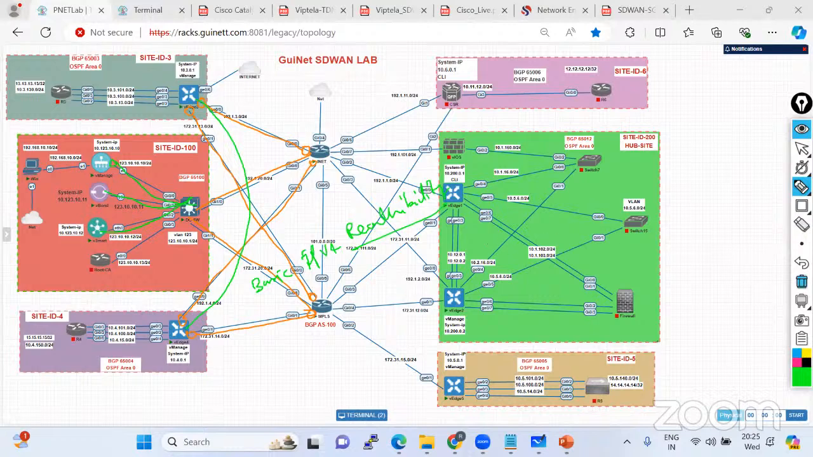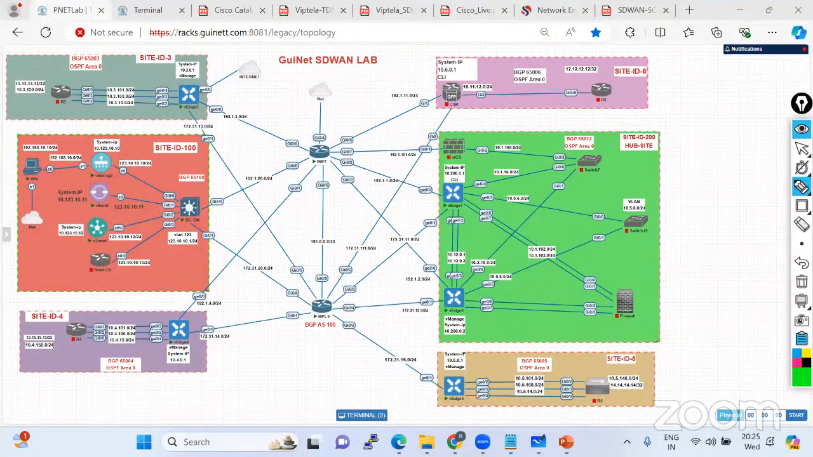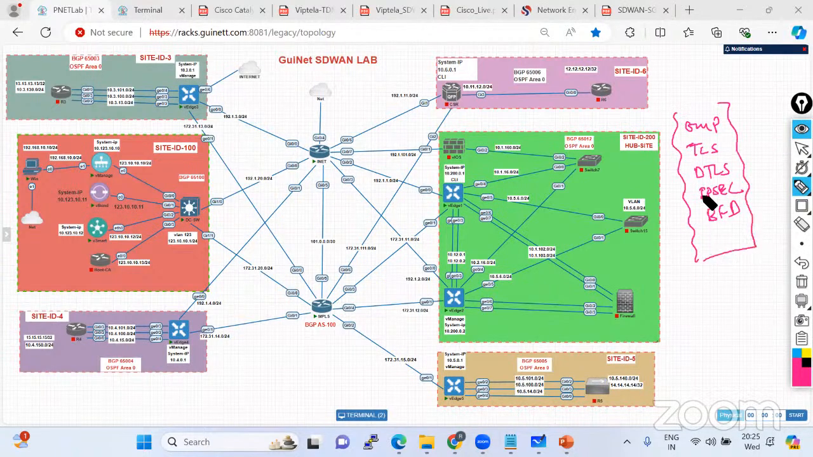Simple definition. You are not going to build any overlay tunnel, that is the OMP. You have to build the TLS tunnel. You have to build a DTLS tunnel. You have to build the IPsec tunnel in the SD-WAN. You have to build the BFD. So all these tunnels are going to be required, and it is only possible if you have the basic IPv4